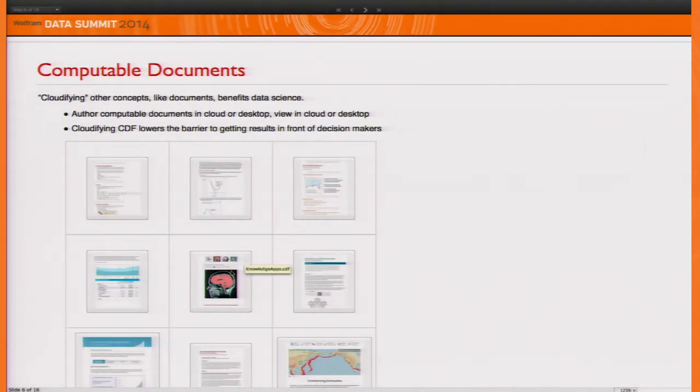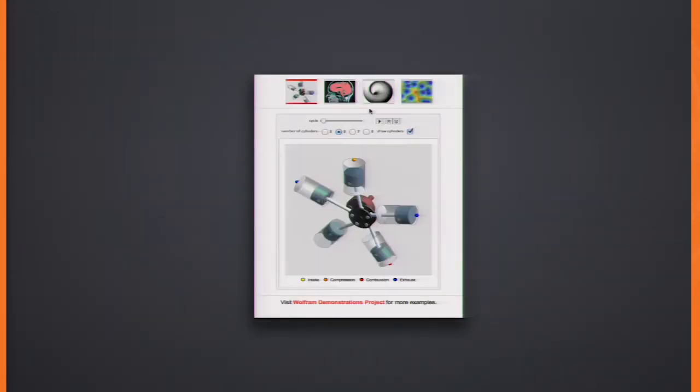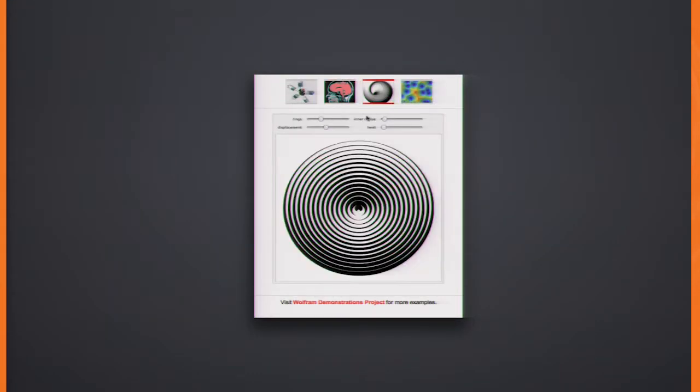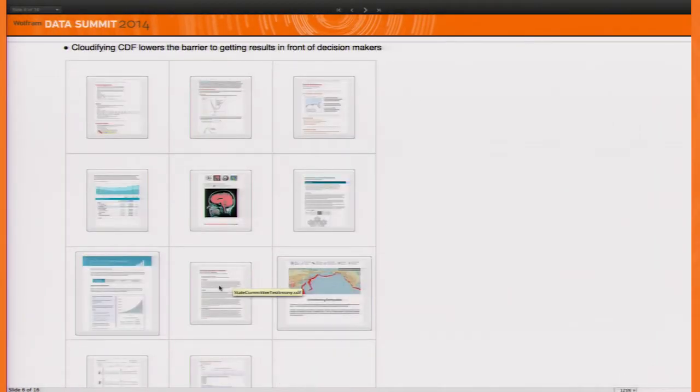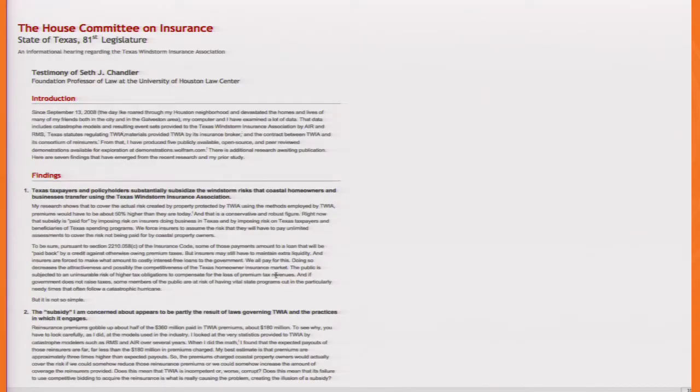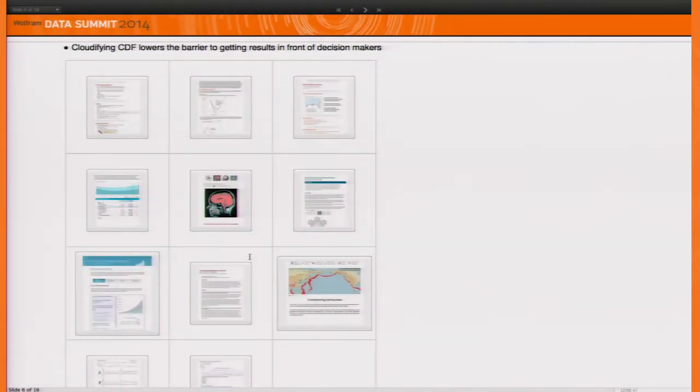Here you're looking at a medley of some entries in the Wolfram demonstrations project. Here you're looking at a report compiled for the state of Texas on the economics of buying certain kinds of disaster insurance, and so on. So in my opinion, these computable documents have been one of the best arguments for doing data science with